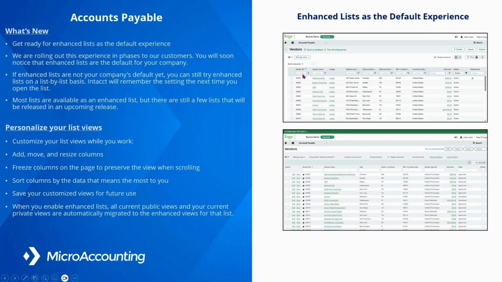This allows me to put anything in here without a wildcard. So if I was looking for avenues versus street, or if I was looking for Texas, I could just do that without a wildcard. I can freeze columns, I can add columns, and I can do split view. If it just seems too overwhelming and it's a busy Monday morning and you just need to get back to that old view, not a problem. You'll just come right up here, if I can find my mouse, and turn off that enhanced list.